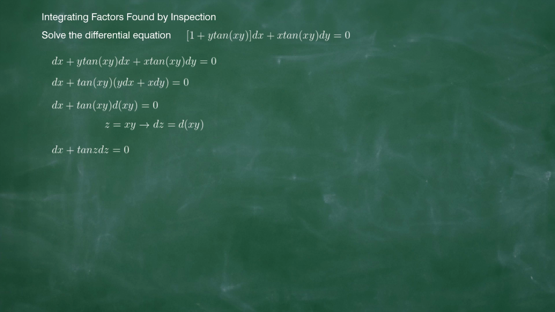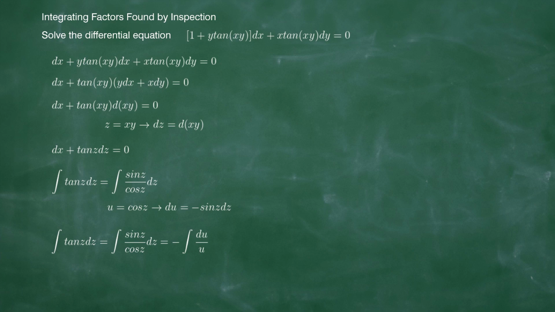So we know that the integral of tangent is just negative ln of cosine. But let me show you how we get this integral. We have the integral of tangent z dz, which is the same as the integral of sine z over cosine z dz. If we let u be the denominator, cosine z, the derivative of u will be the same as the numerator, only negative: du equals negative sine z dz. So the integral of tangent z dz, which is sine over cosine, is now negative integral of du over u. That is ln of u, and with u equals cosine, we have negative ln of cosine z.